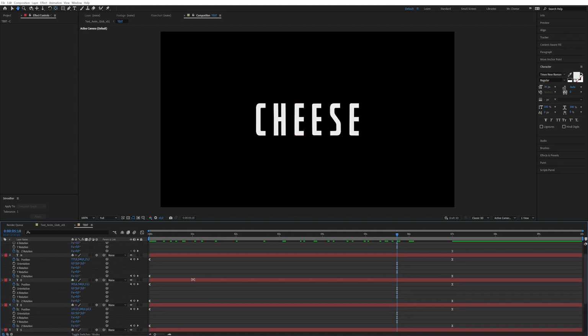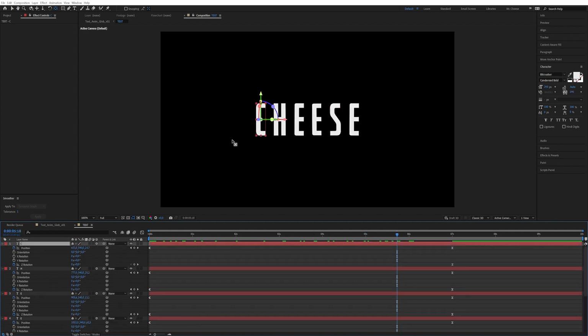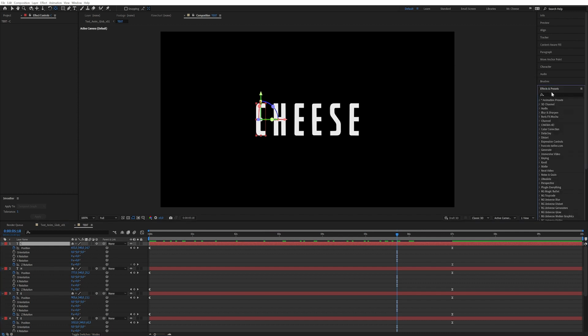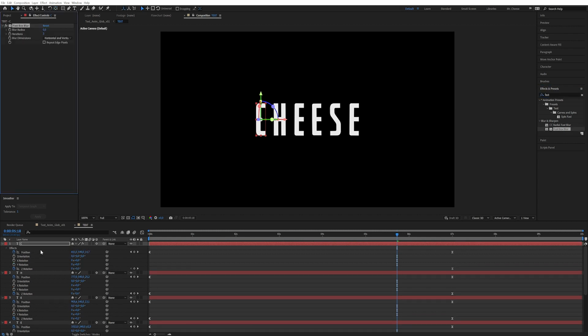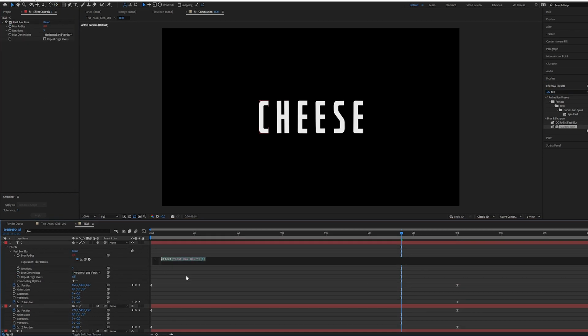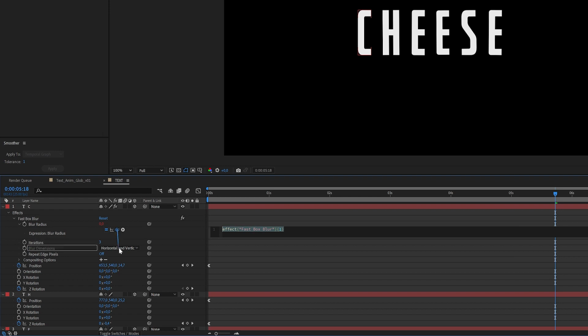Now we want them to blur the further away from us they are. So we're going to do this by a little cool expression. So we're going to add an effect called Fast Blur. Bam. Double click on that bad boy. There. So we're going to alt click on Blur Radius. So we bring up this expression here. Now we're going to link to the Z position of the same layer. And now we're going to multiply it by a very low value so that it doesn't blur as much. So multiply sign and then